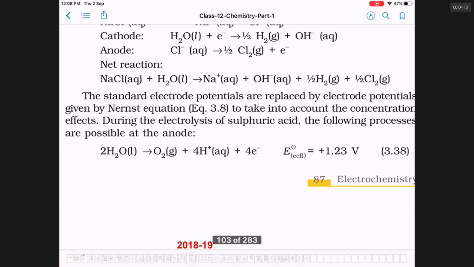It is the water that loses electrons because the oxidation potential values for water and sulfate ion are different. We made a rule that the species with higher reduction potential is reduced first, and the one with higher oxidation potential is oxidized first. So water has more potential to lose electrons, and sulfate ion is not affected. However, if the concentration of sulfate ion is too much, then sulfate ions also get tempted to lose electrons to give persulfate ion. So up to this point we have the example.